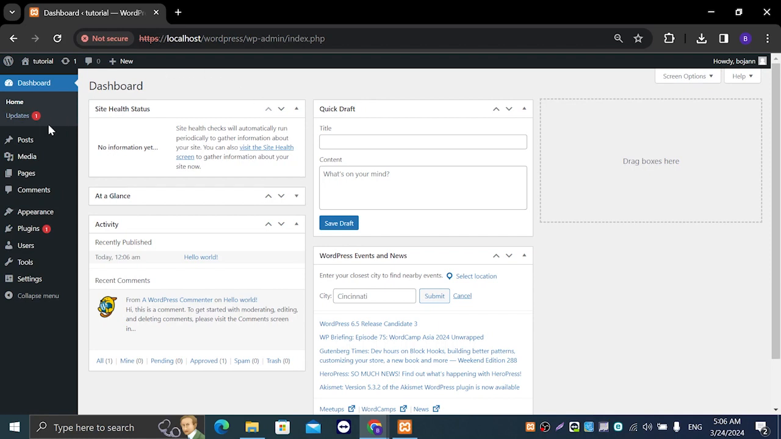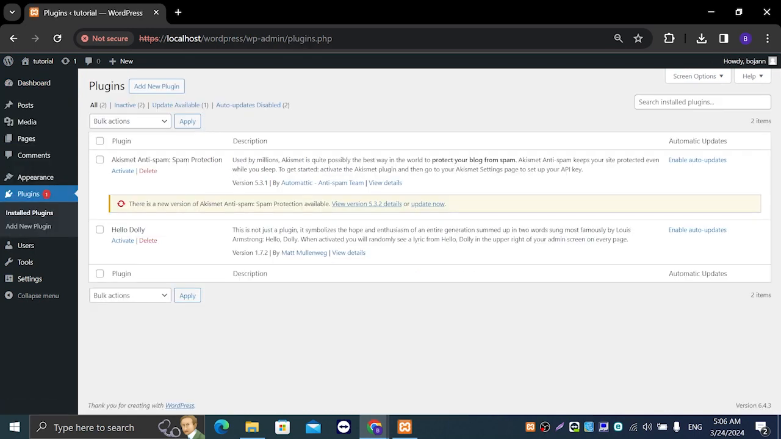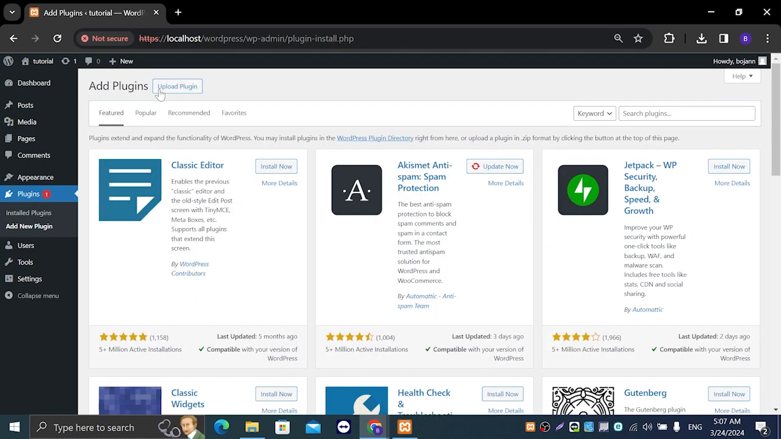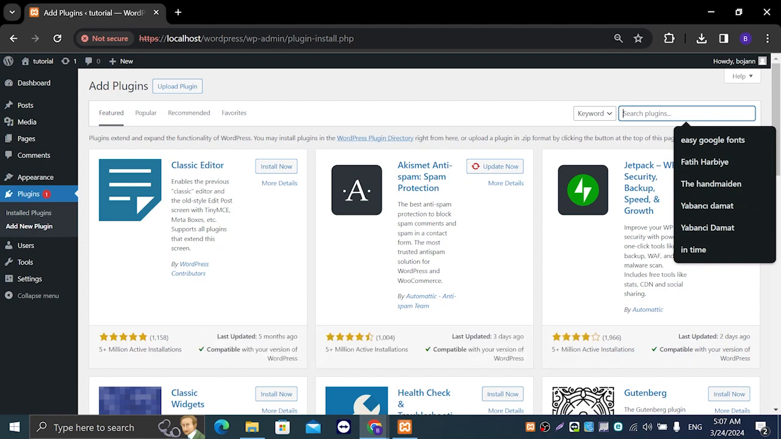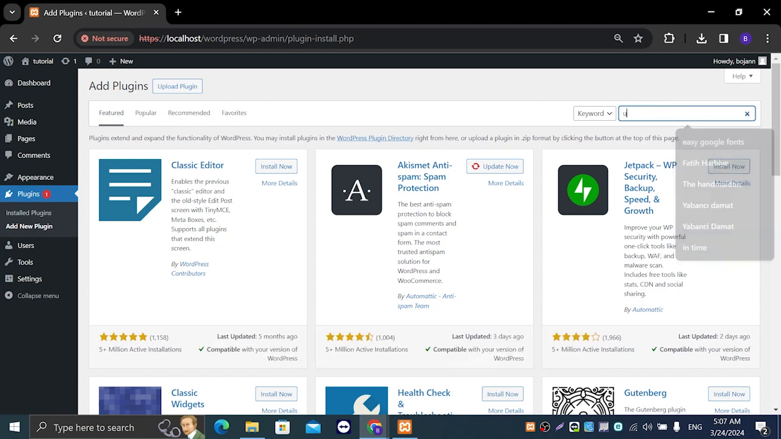So, on the left hand side, we're gonna click on plugins, left click on that, and after that, right next to plugins, it should be a button that says add a new plugin. Left click on that. Wait for it to load, and after it loads, on the right hand side, you're gonna see this search plugins right here. So we're gonna type unlist